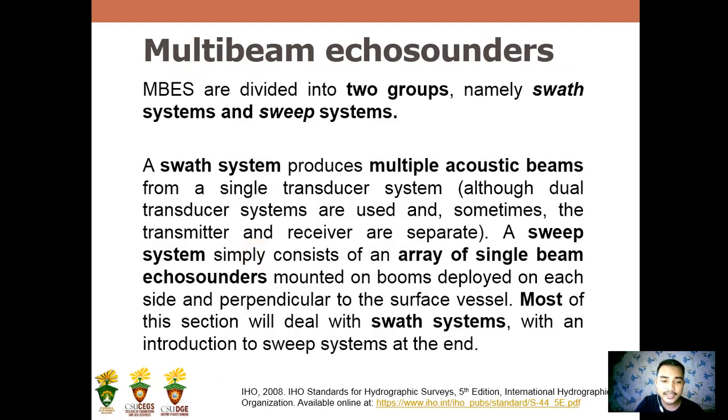And although dual transducer systems are used, sometimes the transmitter and receiver are separate. A sweep system, on the other hand, simply consists of an array of single beam echo sounders mounted on booms deployed on the side and perpendicular to the surface vessel. Most of this section will deal with the swath systems, with an introduction to sweep systems at the end. So basically,